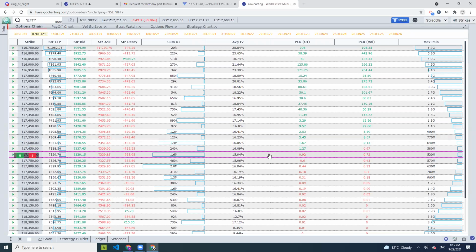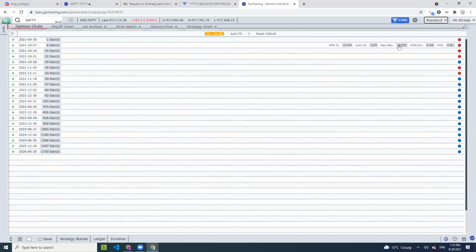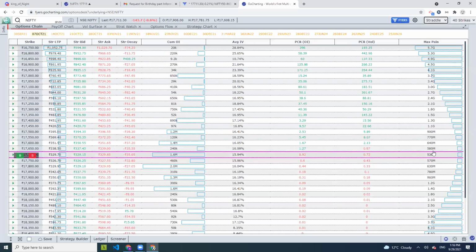And this magenta color is showing the max pain for this series, which is 17,700 right now. And you will probably see the same thing appear in the options chain view. When I go to this standard view and I hover over this series, I see the same max pain value of 17,700. So the straddle view is giving you more data, but finally the inference is pretty much the same. But the important reason we add it is that it gives you the convenience to quickly add a straddle position to your strategy builder, instead of waiting on adding various legs.